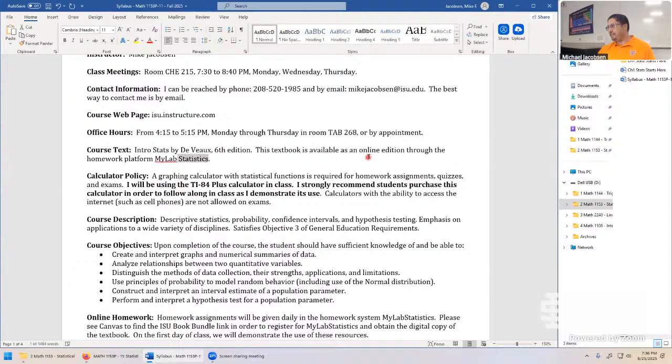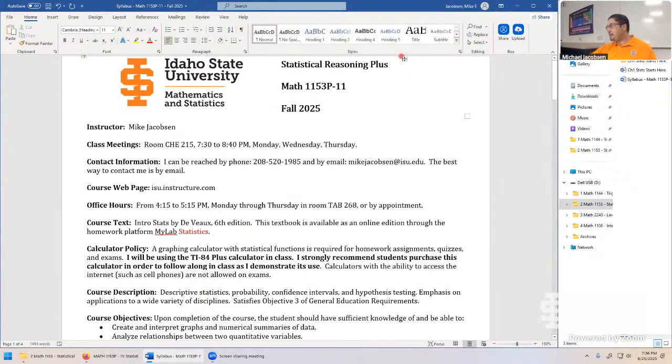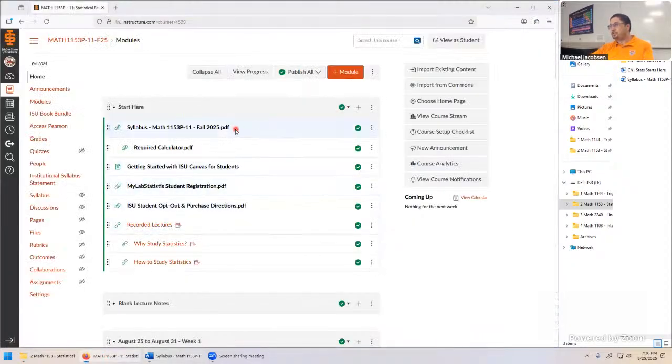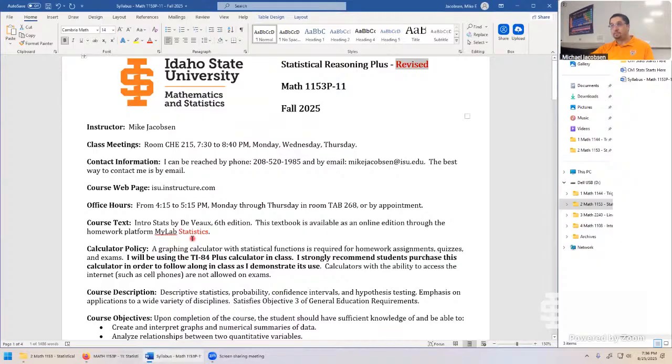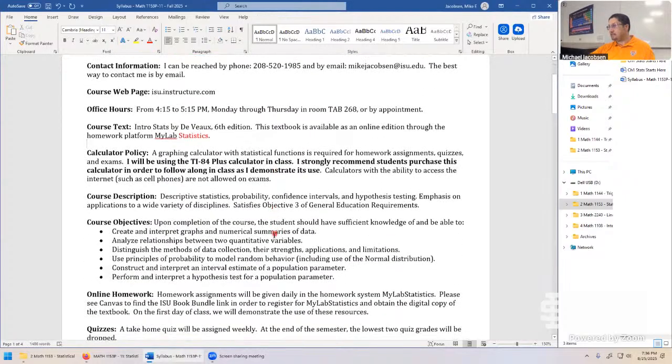We'll get a revision put in after class. Already a first revision, but it's a living document, so we'll make these changes as we have to. Anytime I have to revise something, I always give a heads up right here like this, so that a change has been made. And I put an extra note here to say it's revised, so anything in red is something that we had to correct or just add more descriptions like that.